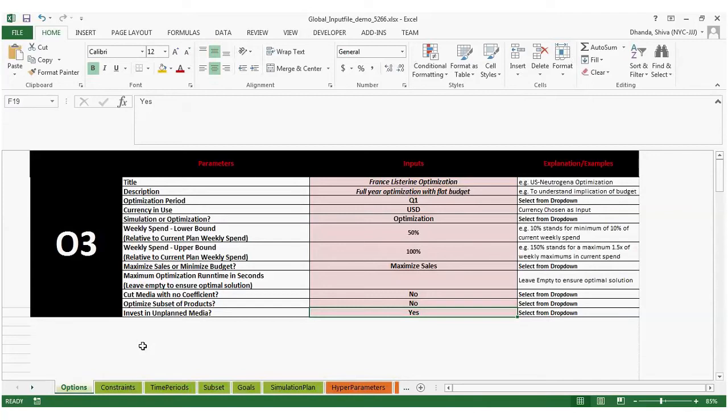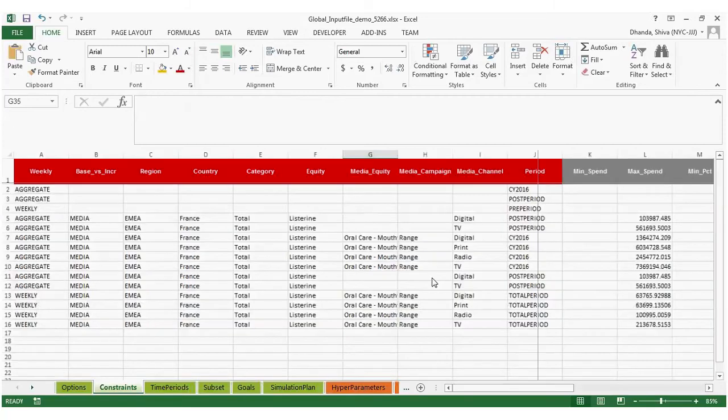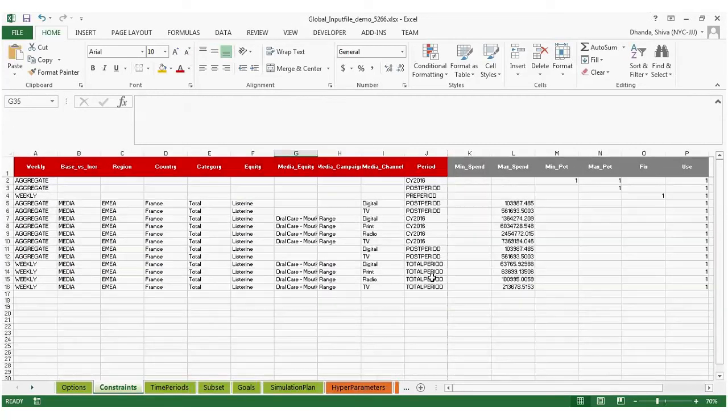And today's session, we're going to move to setting up constraints to run these optimizations. On the last video, we saw how to use the options tab. So the constraints is pretty much an extension of the options tab, but it is more granular, as you will have the ability to set constraints at different levels, and we're going to show you how to do that. And I just make the point that this will be the tab you'll likely spend most of your time on